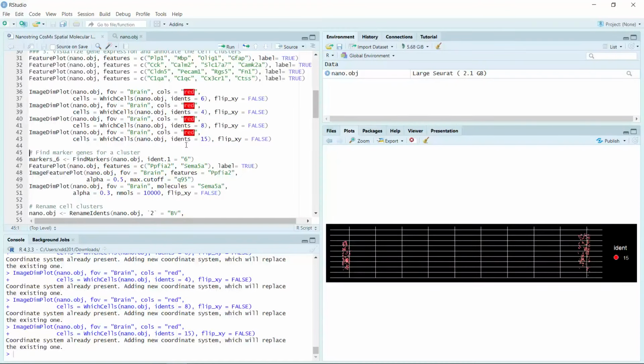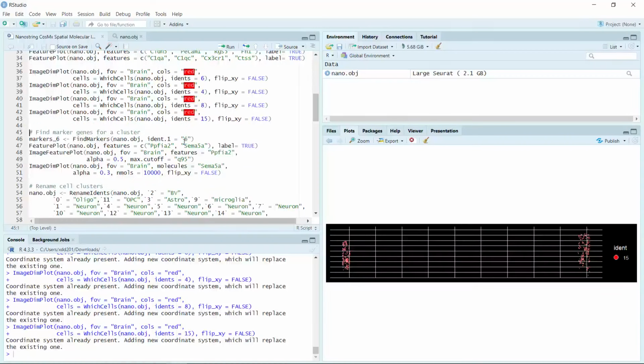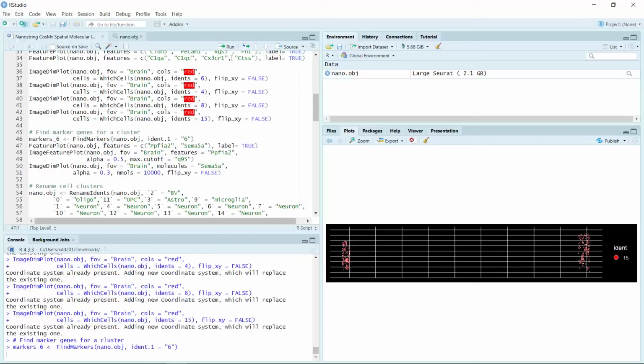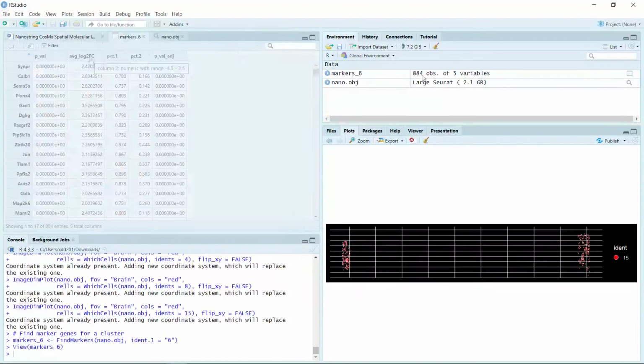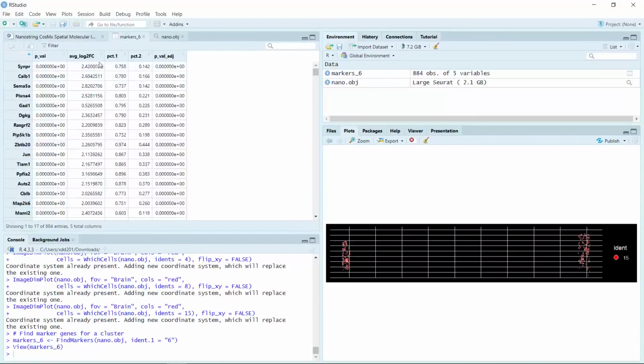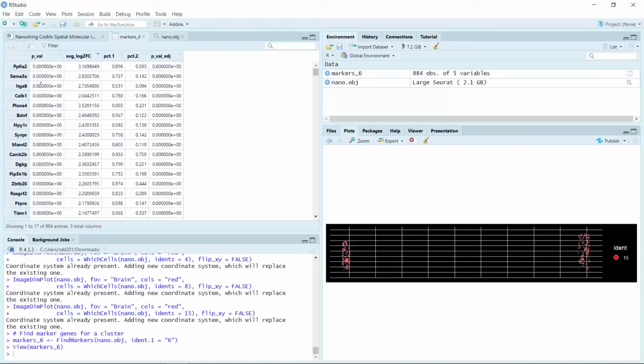If you don't know the marker genes well, another way you can use is to find the marker genes for each cell cluster. For example, we can identify the marker genes for cluster 6 using the FindMarkers function. Let's run. You can see we have a data frame here named marker 6. If we click the data and arrange the log2 fold changes from the largest to smallest, you can see